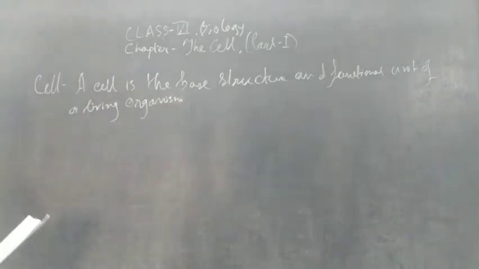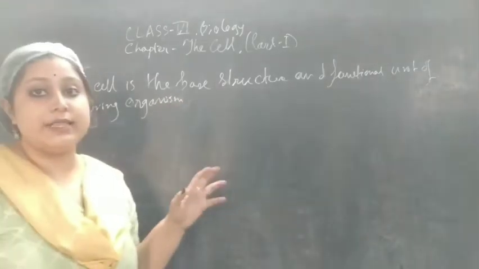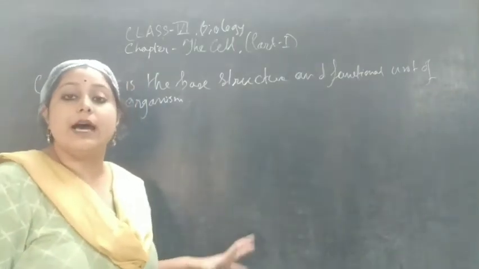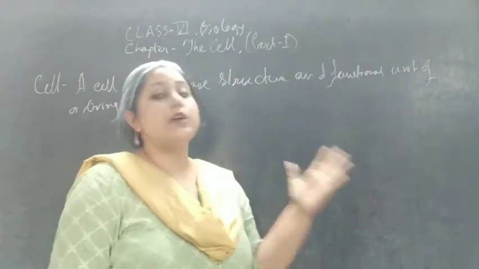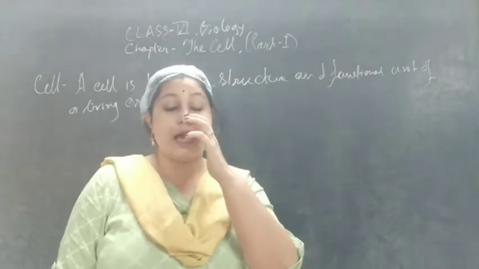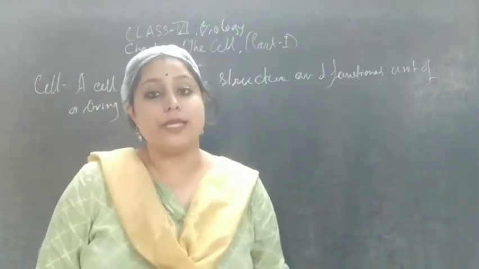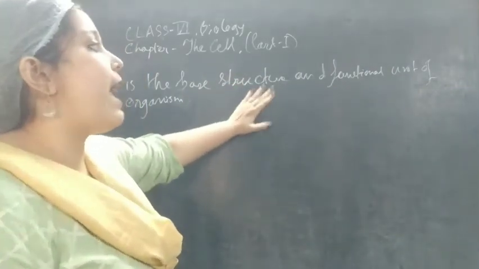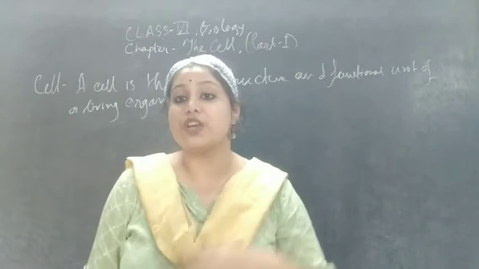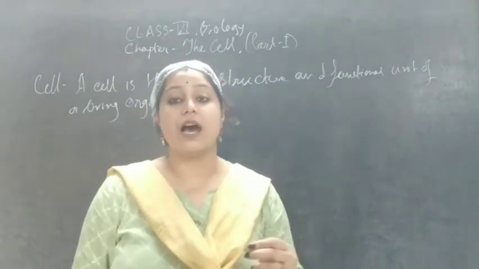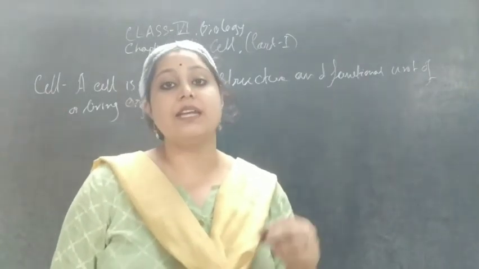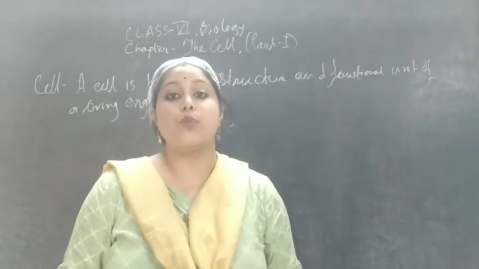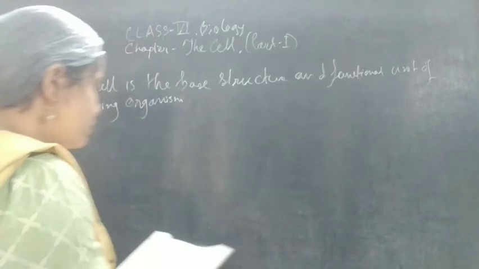What does it mean? It is the basic structure. That means by the cells only, the whole living organism can be produced. The primary constitution is the cell, and it is also the basic structure as well as the basic functional unit. Every cell is self-dependent and has everything in it. That's why they can work properly. Okay, so